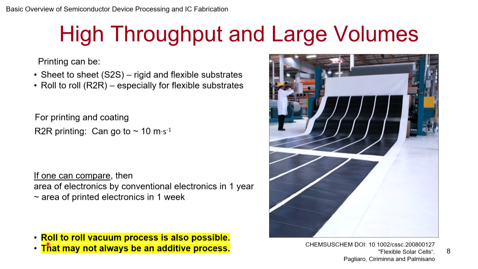Just want to put a note here, roll-to-roll vacuum process is also available, okay? There are technologies where they use roll-to-roll vacuum process, but this roll-to-roll vacuum process could have, besides additive process, a subtractive process as well. Etching also could be done as it is going through. Lithography also could be done. Pattern could also be done as going through. Of course, depending on all that, the rate at which you can do will be lower. Now, but we are here talking about direct deployment of thin films, often at room temperatures or slightly elevated temperatures.